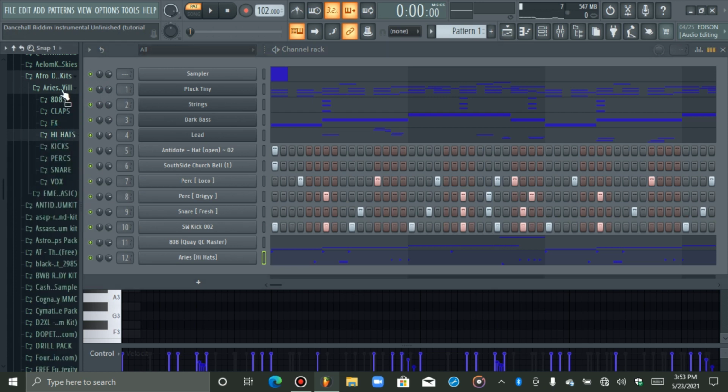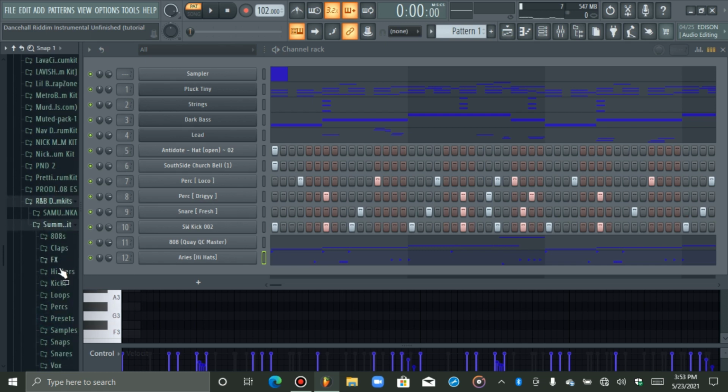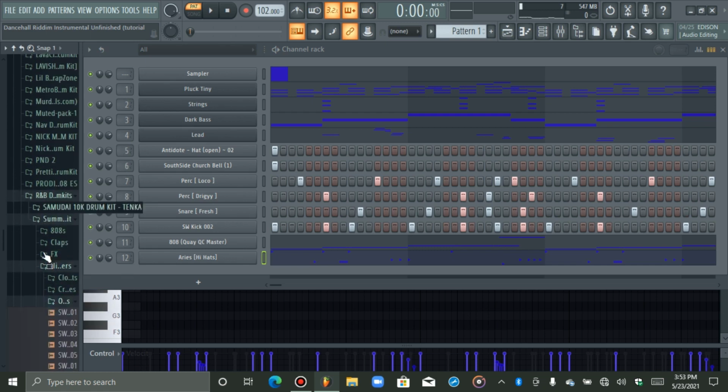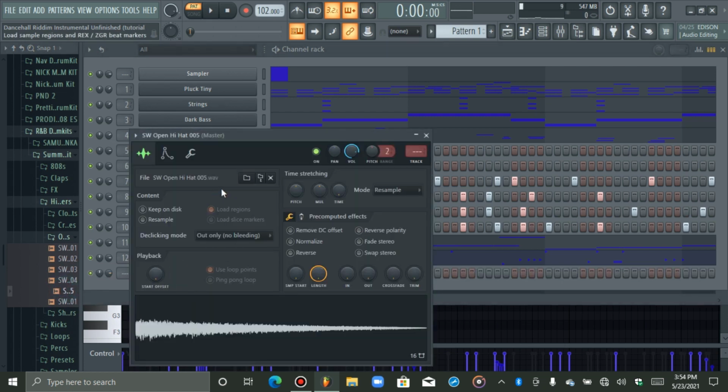No, I'm not gonna choose it from here. I'm gonna go down to this kit. Let me see what I can get. If you see me using this kit a lot, it's because you just gotta have that one kit that has the sounds that you really need. Sometimes you have one, two, three kits that have sounds you really need, and you're not really gonna pay attention to the others because you already got those good sounds. It's good to use them, but do a little tweaking to let them sound different, to get a different vibe to it. Now I'm gonna tune this open hat just like I tuned the 808